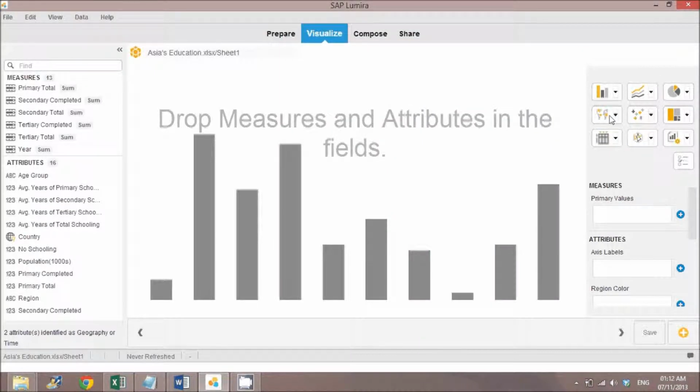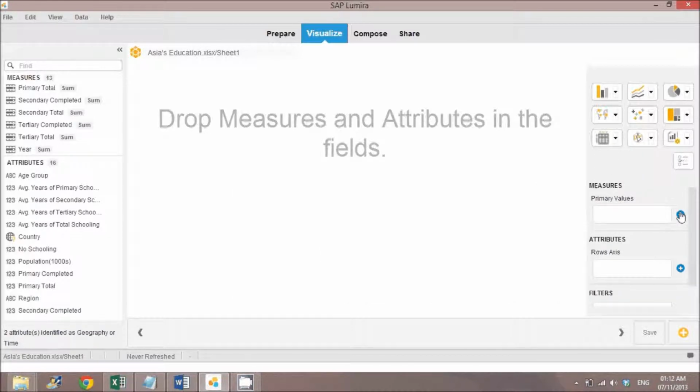So at first we will select tabular chart. The primary values are the measures which you create. Attributes can be any of these.